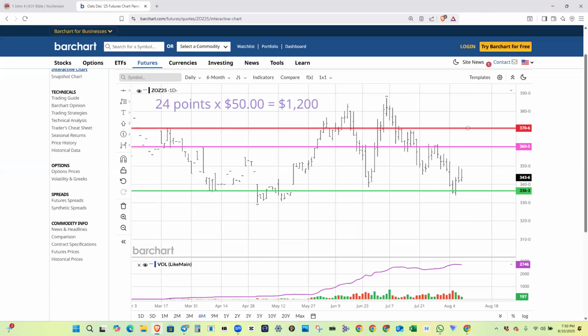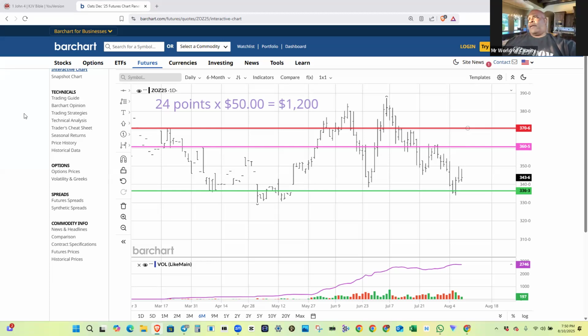I'm hoping it goes down, and so I make money. But if it goes up, if I'm wrong, as soon as it hits my stop loss, I'm out. And guess what? I only risked 10% of my portfolio, so I can do 9 more trades. So I can live to fight another day, trade another day.